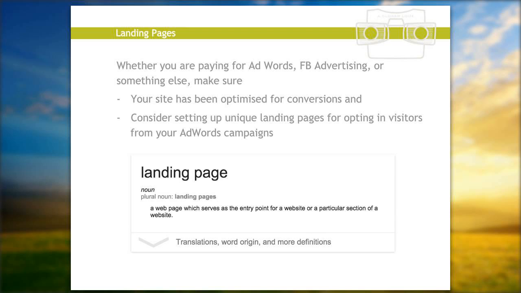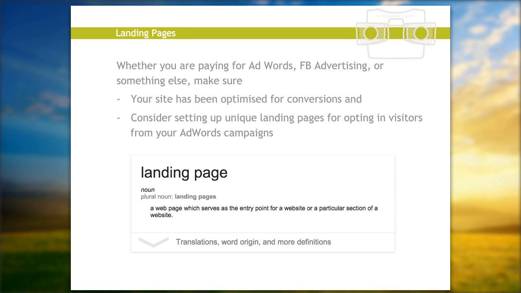And in fact, it's definitely not good practice to run an AdWords campaign or to do Facebook advertising and then just send them to the front of your website, because the front of your website is likely to have a whole range of different things on it. And if they've clicked on something very specific, what they need to come to is, again, something very specific.